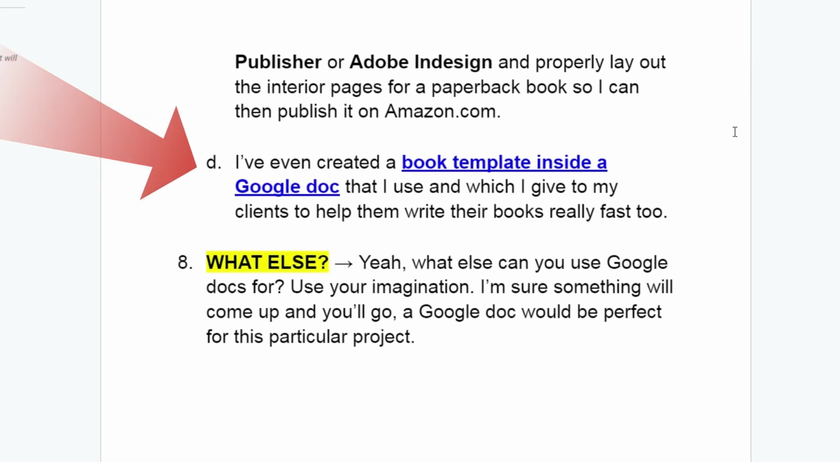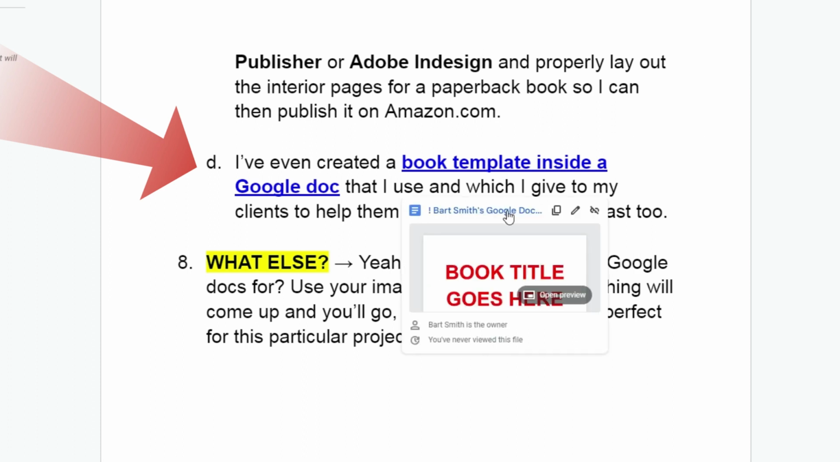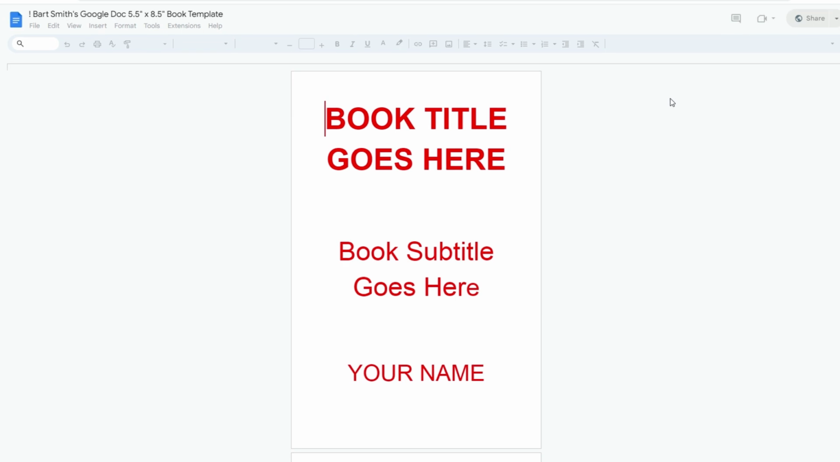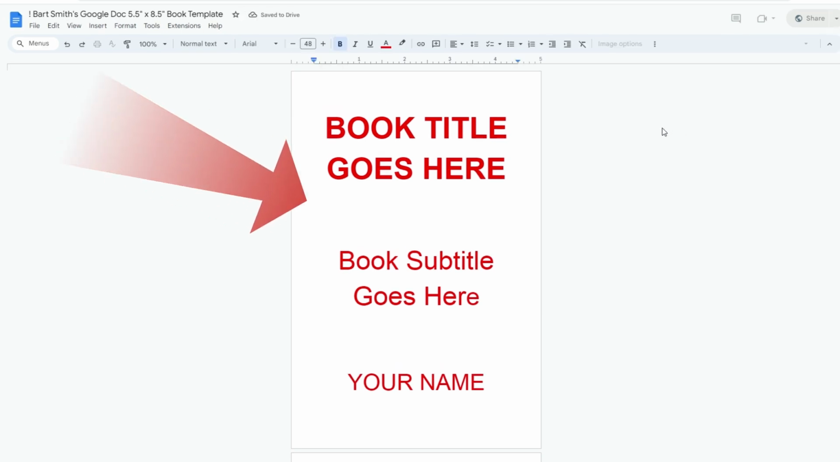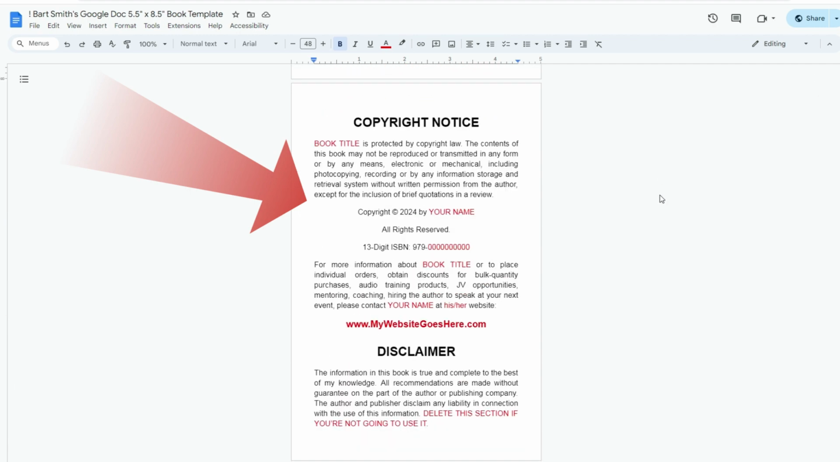I've even created a book template inside a Google document that I use and which I give to my clients to help them write their books really fast too. Let me show you what that looks like. So imagine you want to write a book. Well, I created this book template. All you got to do is replace what's in red: your title, your subtitle, your name, copyright notice information,